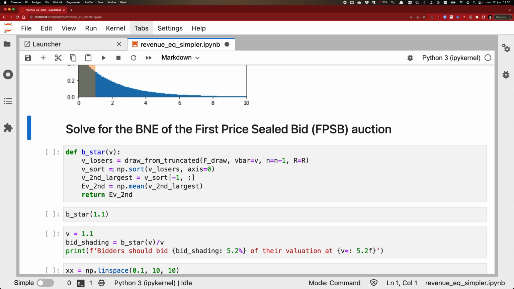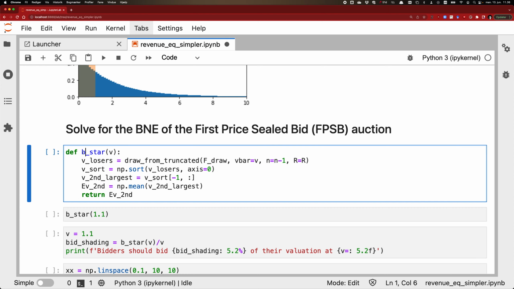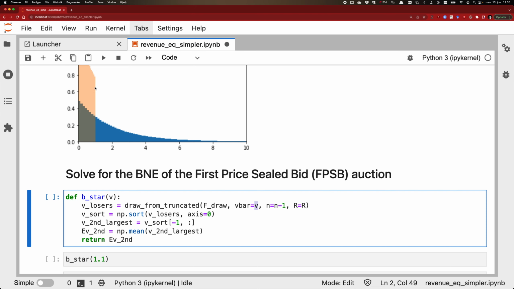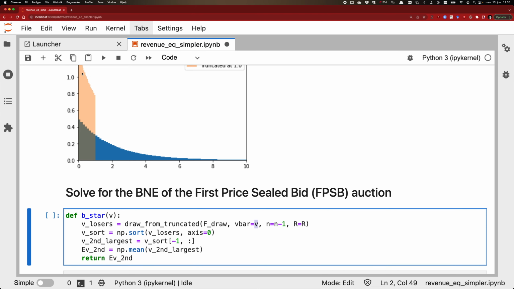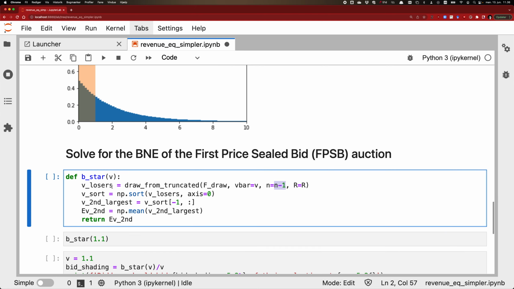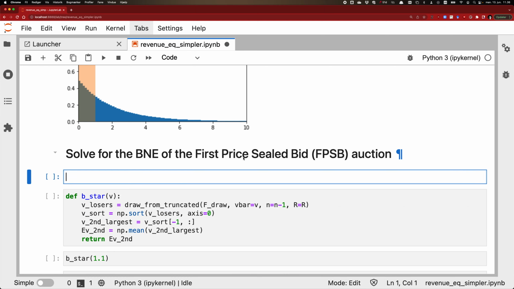So what we're going to do, we're going to say, if I want to know what my strategy is if I've drawn V as my valuation, what I'm going to do is I'm going to draw n-1 losers. And what do I mean by losers? I mean that their valuations are truncated above by my value. So I'm drawing from the truncation here, which is equivalent to saying everyone else had valuations below here, and there were n-1 of them. Right? Then I'm going to sort all of their bids, and each of these are replications. So when I have vsim,